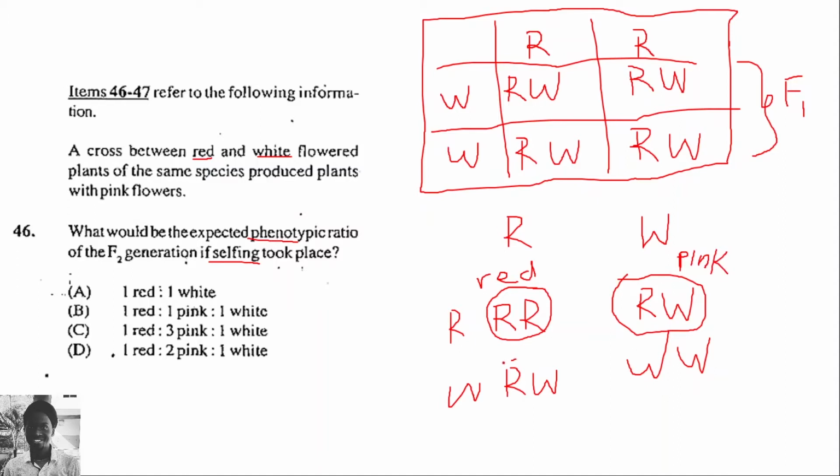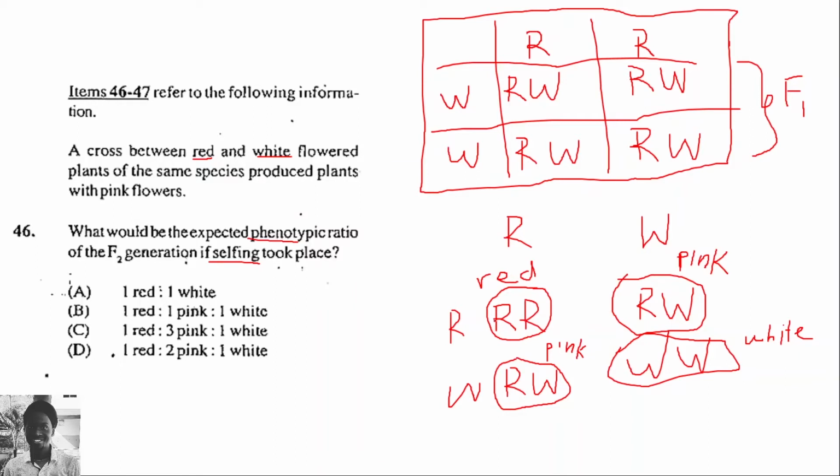This one here would also be pink. Okay, pink. And the last one would be white. Okay, so this WW would be white because it has the two alleles for white. Okay, color flowers. Good. So every time the cross is done, we have a 1 out of 4